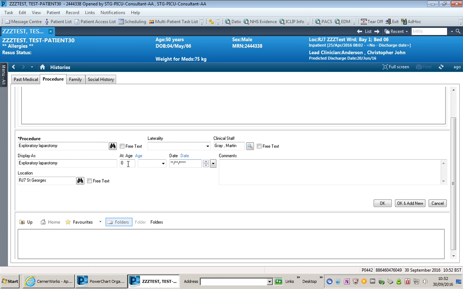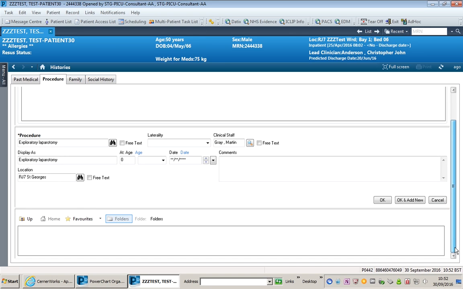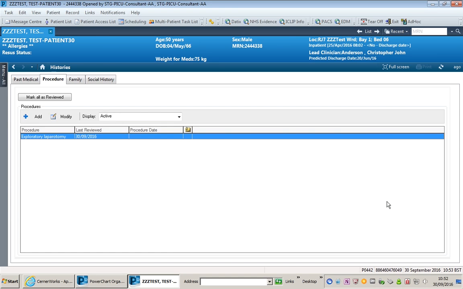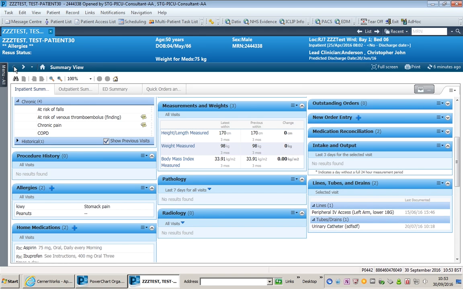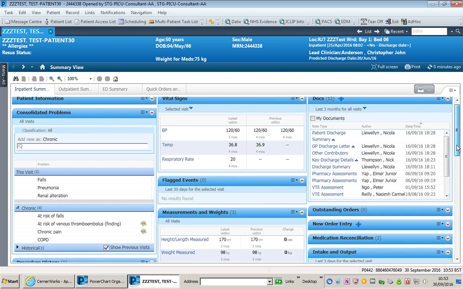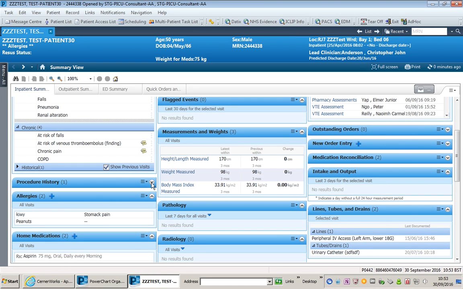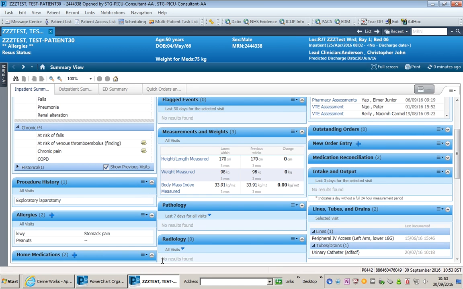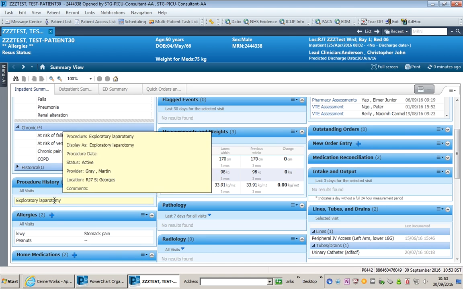I can add comments, and I can also add the age the procedure was done, or the date the procedure was done. If I then hit OK, the procedure is then entered into the record. If we go back to the summary and refresh, we now have the laparotomy appearing on the procedure history. If you hover over it, you can see that this is a